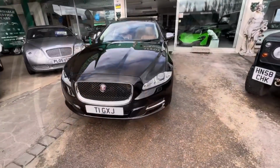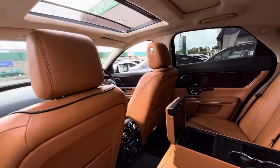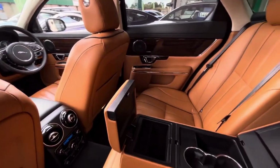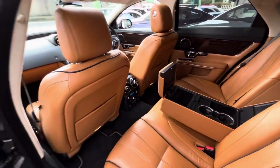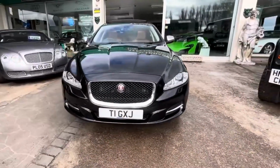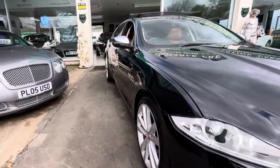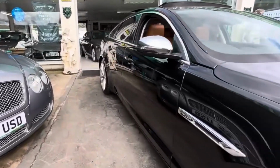Now when it comes to its history, its most recent keeper has had the car for 3 years. They've clearly loved it and it is in gorgeous condition. It has a documented service history behind it, and its cam belt has been changed in January of this year as well. It still has its original book pack, 2 keys, and an MOT until September of 2025, with no